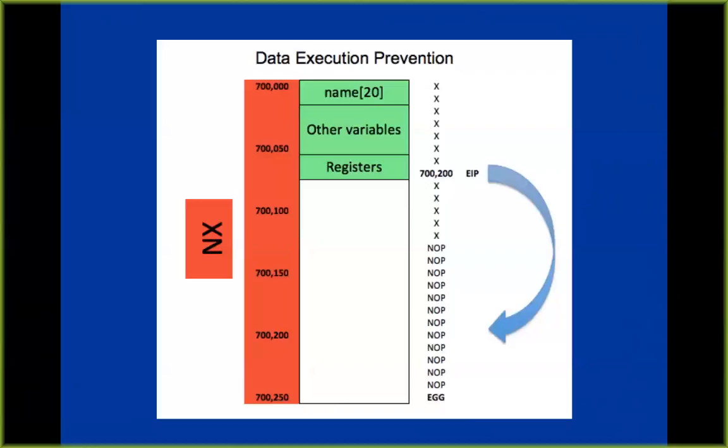I can overwrite the EIP, I can overwrite this data down here, I can put an address into my NOP sled, but when I jump into the NOP sled, it will stop. It will not execute the NOP because I don't have execute permission in RAM. This is a sure way to detect this as an exploit developer. If you jump to a NOP and it won't run, the only thing that can cause that is data execution prevention, the NX bit, because NOP can always run. You don't need any permissions. If NOP won't run, then your memory is marked non-executable. And that stops the whole category of attacks.